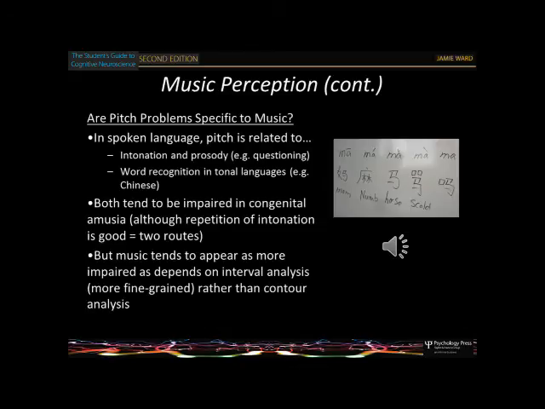Is it specific to music? These people with congenital amusia, they talk, they speak. It seems as if they have good language, they can process speech and so on. But you do find that they have subtle deficits when pitch is important for language. For instance, if you were to transpose what I'm saying now into a much higher pitch, you would still be able to tell what I'm saying. It would just sound as if I'm a woman, or talking squeaky or whatever.